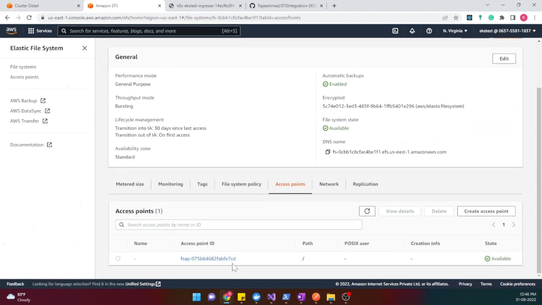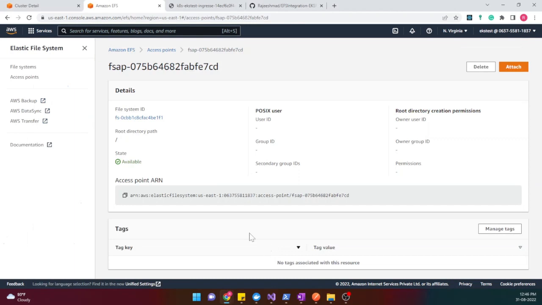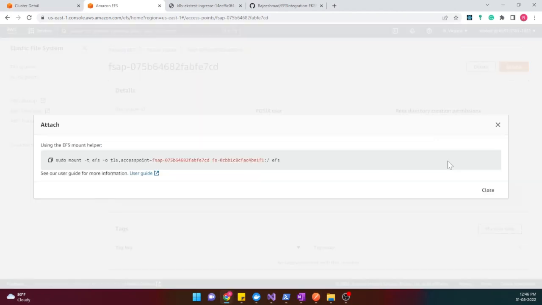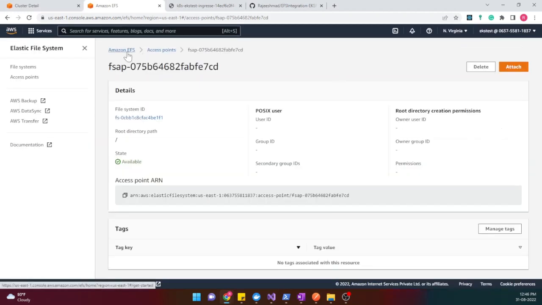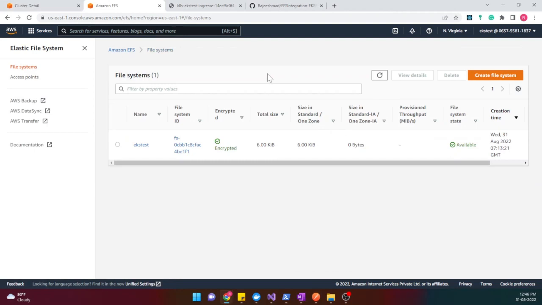Okay, now we have that access point. If you click on that access point and click attach, then we will see the command that we can use for mounting the EFS to the EC2 instances. Let's skip this and go to the file system. Okay,